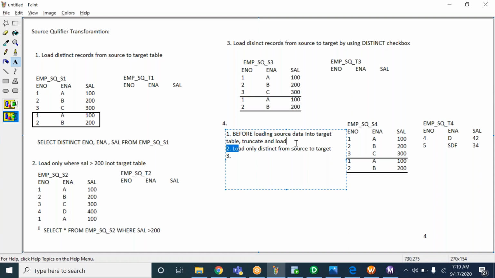Okay, so select the distinct records from source and load only those distinct records from source to target. After loading the distinct records from source to target, what do we have to do?